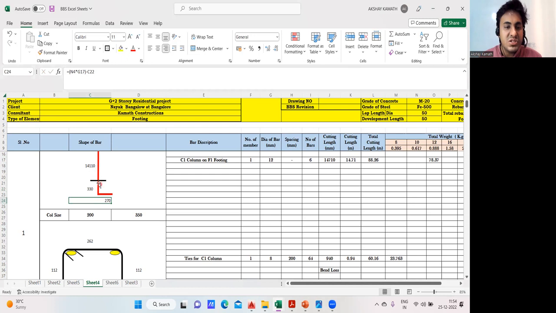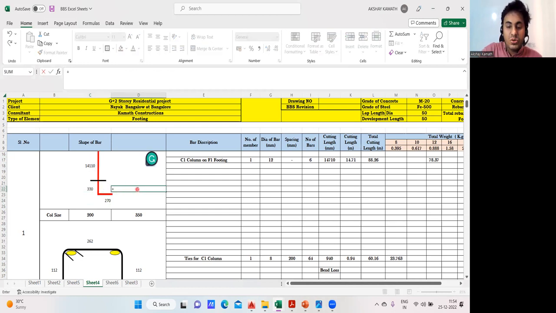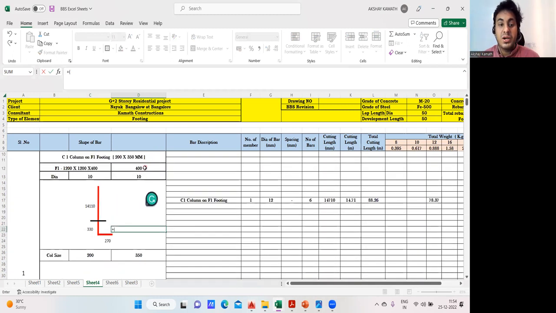Okay. So first I'll find this particular height. Just now, whatever I calculate, that I'll find. Okay. So what I did, I'll do it here again. 330 I'll bring, plus bracket open. What is the depth of your footing? That is why I written depth here, 400. Now we're getting the importance. That is why I wrote F1 footing depth here, 400, minus exactly 50 mm is your footing cover,